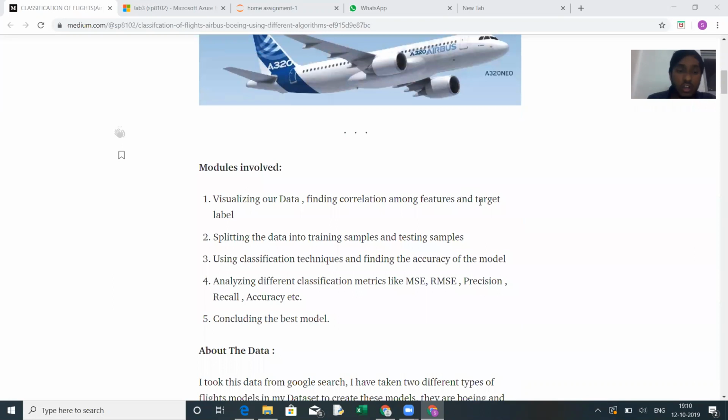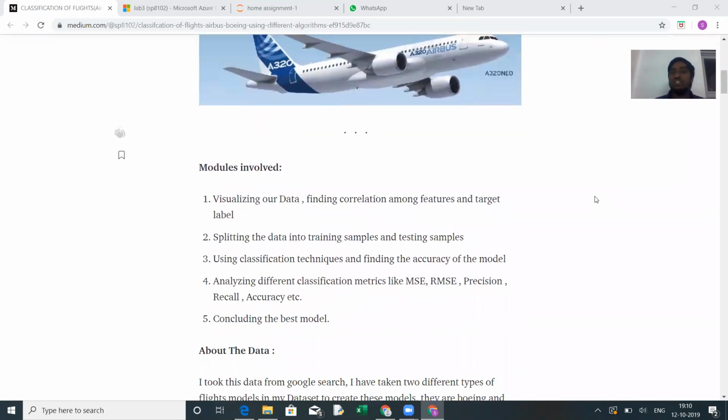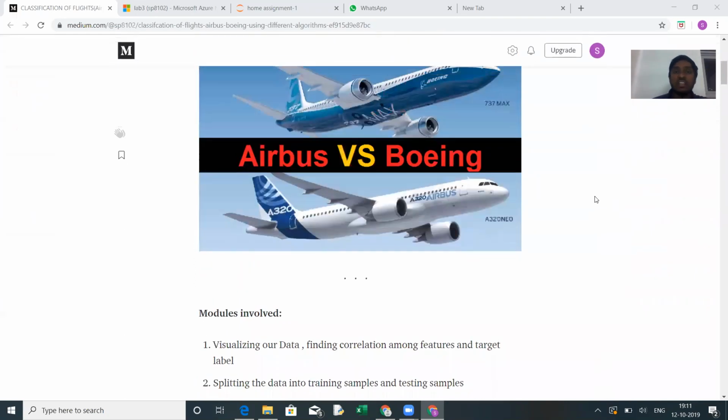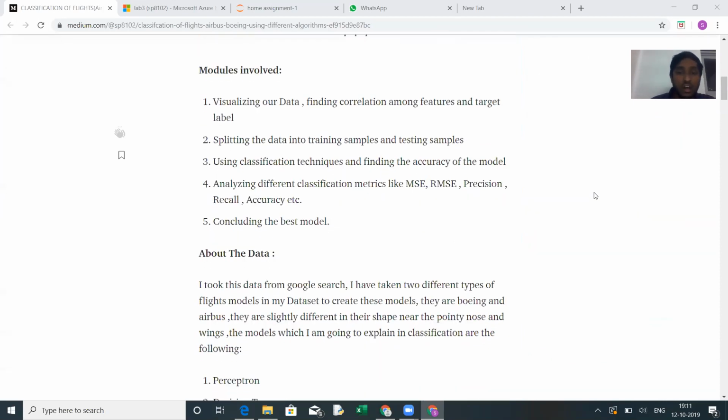And the models involved: the first thing is you have to visualize your data and know the correlation among the features in the image. Like I've told you, I found that there is a slight difference in the wing and in the tip of the nose of the aircraft between Airbus and Boeing. So you have to split the data into training and testing. This is the routine, and I'm using a classification model rather than regression. It's easy to use, and for error measurement, I'm using mean square error and precision recall, and at last I'm concluding